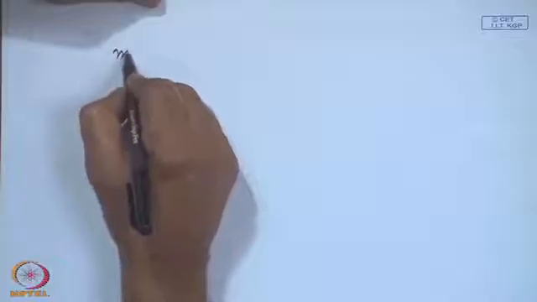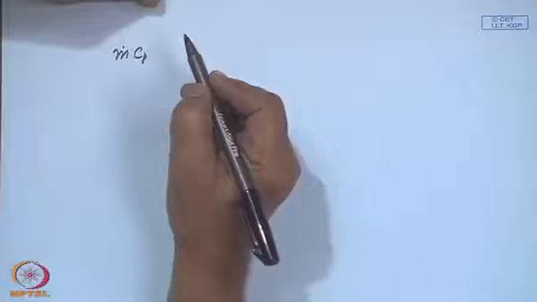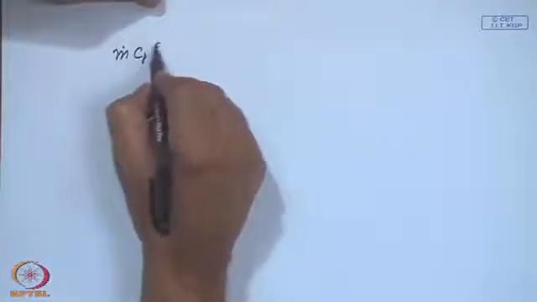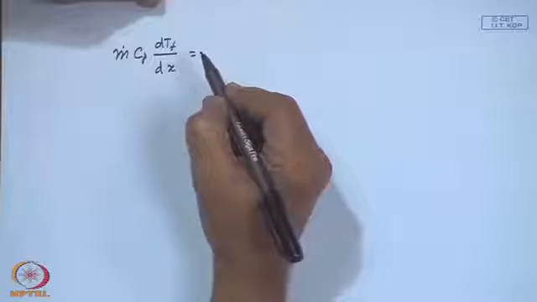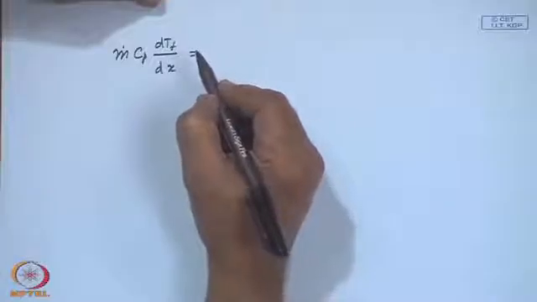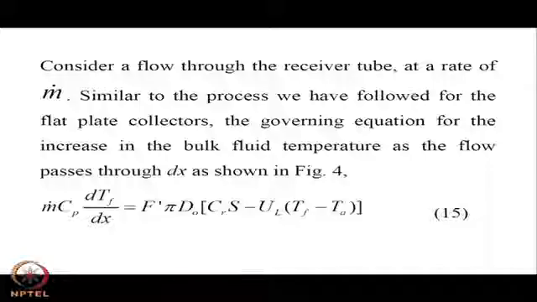So, I shall repeat, rather I shall fill in that gap. If m dot is the flow rate through the receiver tube, and if you consider, as shown in the diagram, an elemental length of dx, the temperature increase over dx multiplied by the mass flow rate and the specific heat is the energy gain while the fluid flows through the tube of length dx, which should be equal to my F dash,